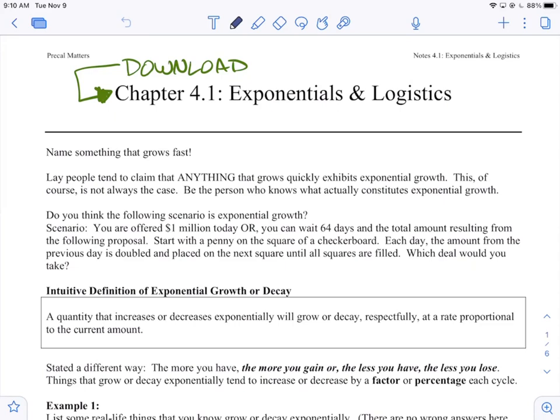Some guy goes into a bank and he says, here's $1. I would like to invest it for a year at 5%. He comes back a year later. He does absolutely nothing. He doesn't keep contributing. That $1 bill at the end of a year has grown to $1.05. And he's like, wow, I didn't even do anything and I'm a whole nickel richer. Now, if you compare that to the price of inflation and stuff, the purchasing power might have gone down, but he has more money.